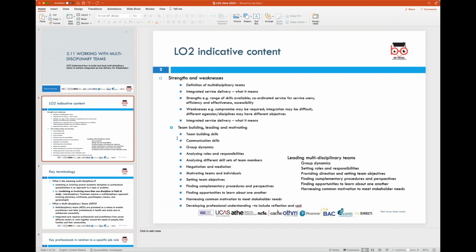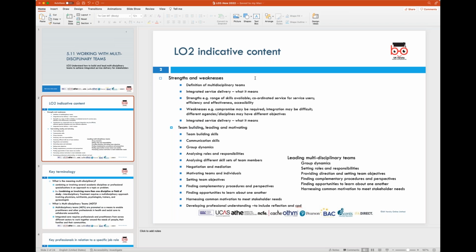Now, in this context, we want to quickly discuss what is in the indicative content. We are looking at understanding the strengths and weaknesses of multidisciplinary teams, and a range of things. I think the key terminology we will be looking at is integrated service delivery. And I have a small video that I will share with you so that we'll all watch it together